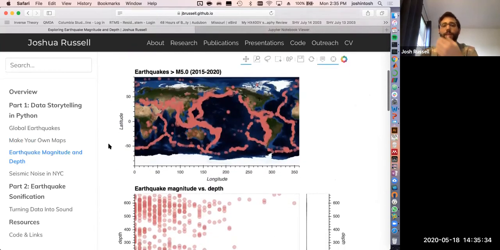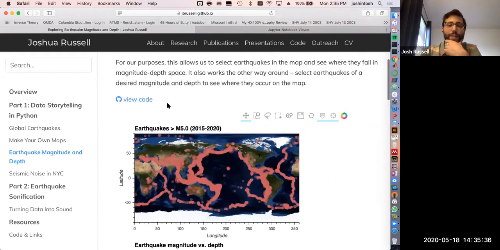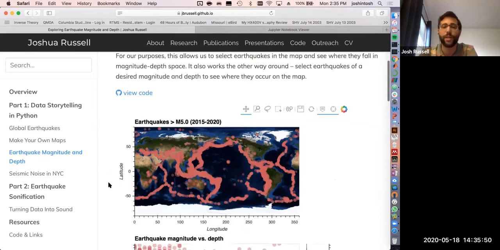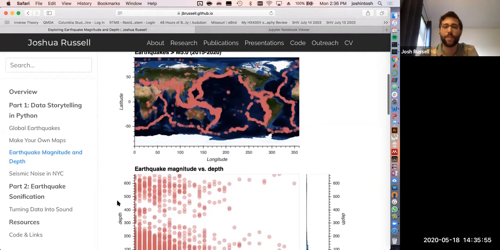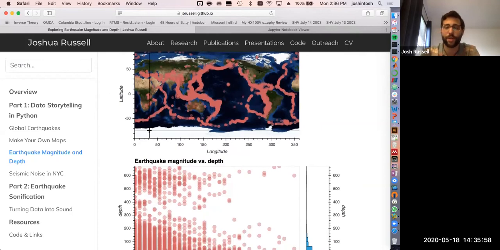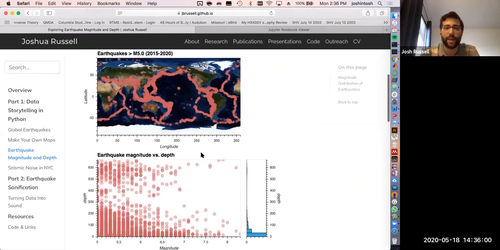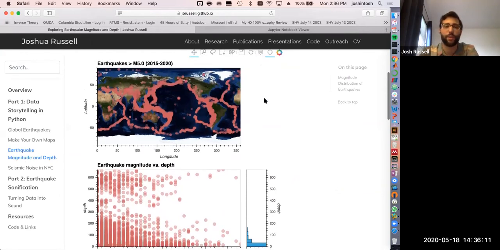So now we're looking at the same data set again. And I should mention, for anybody who's interested, all of these figures have this view code button. If you click that, that'll show you under the hood all the code that went into these interactive plots. So this one is pretty cool because it allows you to link data together in multiple plots or multiple figures. So this is showing, again, seismicity. I'm going to turn off that. So it's showing seismicity